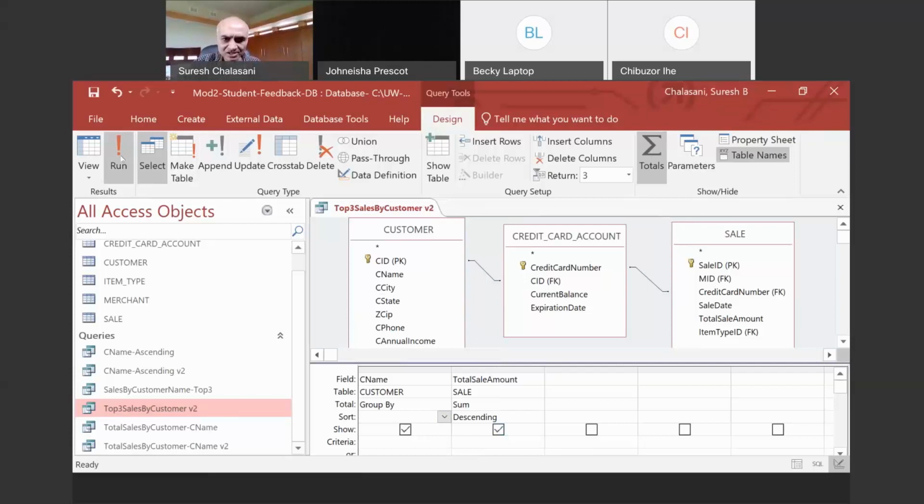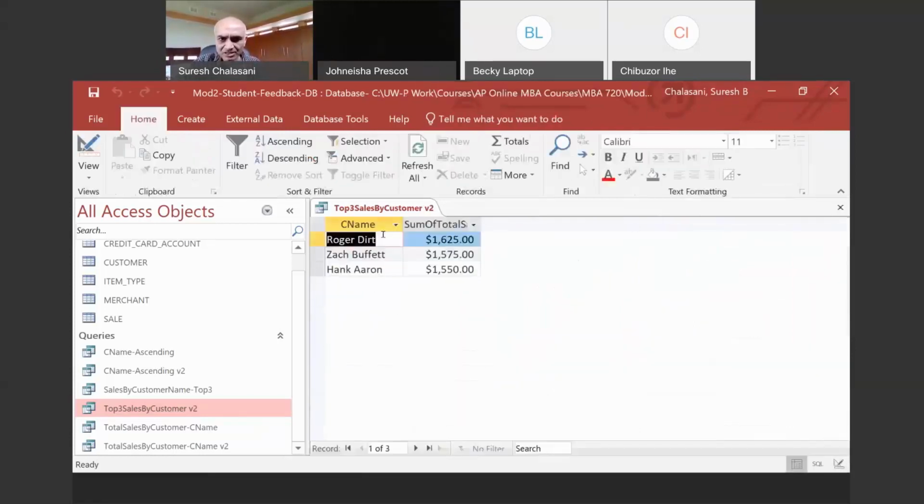And if I run this, I should see just these 3 customers. You can see here the sum of total sales is 1625, 1575, and 1550. In the descending order, I'm seeing the top 3, right?